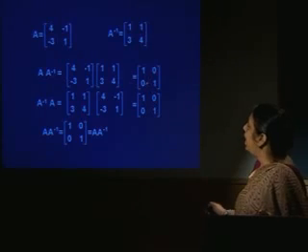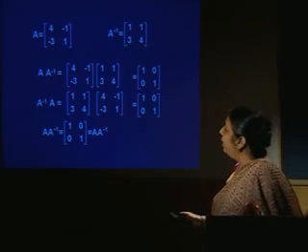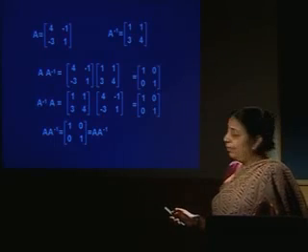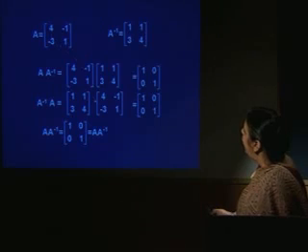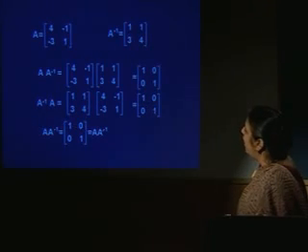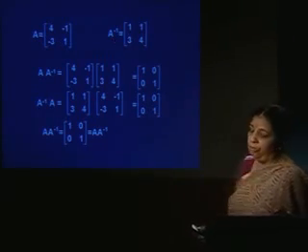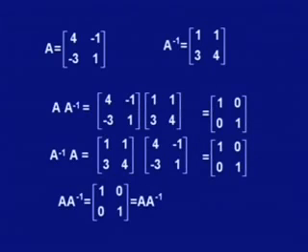So A times A inverse is the identity, but this is not enough. One has to prove that A inverse times A is also the identity. So I again consider A and A inverse, multiply them, and one can prove that this is also the identity matrix. So both products are identity matrices, and we say this matrix is the inverse of A. So this matrix A is non-singular, or invertible.